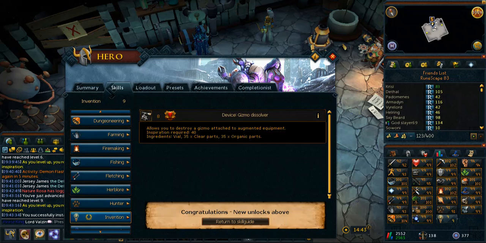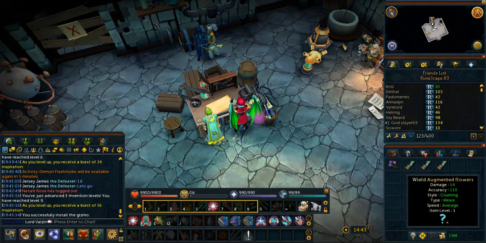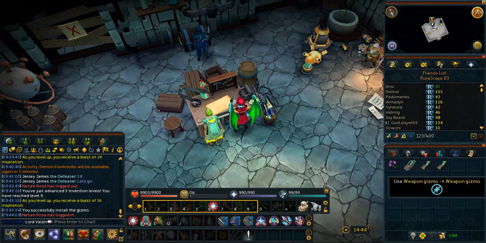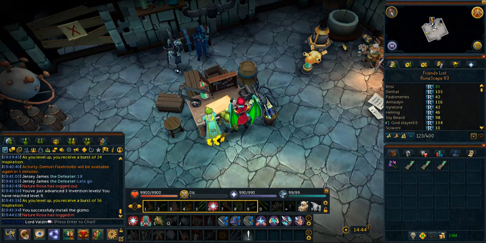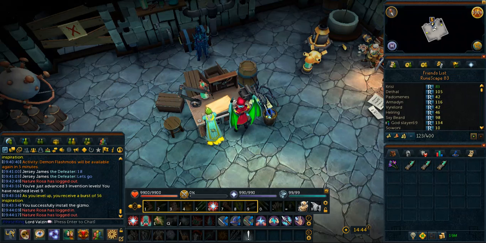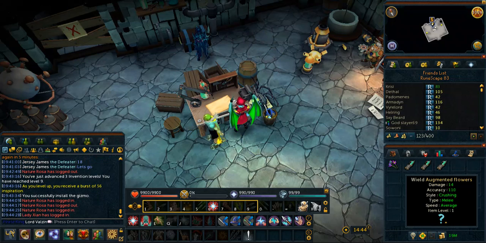So what it does is it allows me to disconnect the perk from an item. So that's anti-theism, mediocrity, and fatiguing. So since